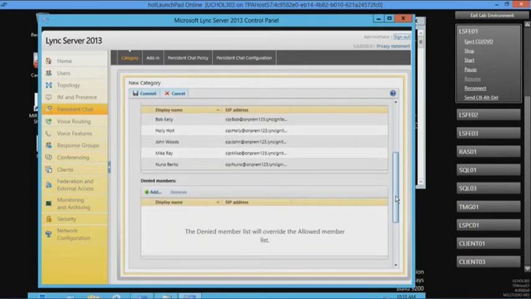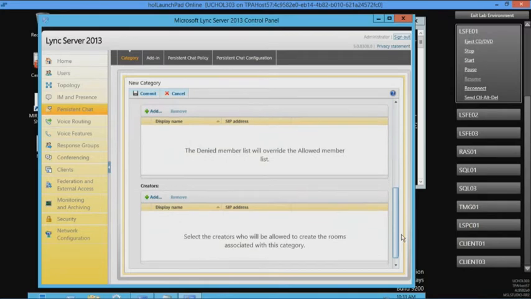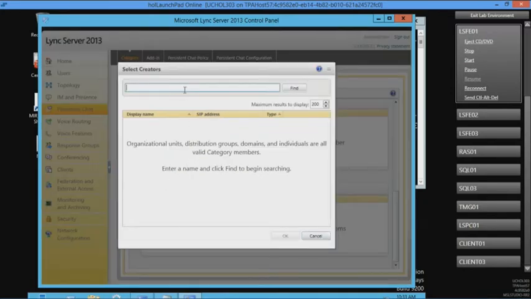Wow, so those are the people that can be a member of a room that hasn't even yet been defined, because they're part of this category. Yep. And then I will give Bob,